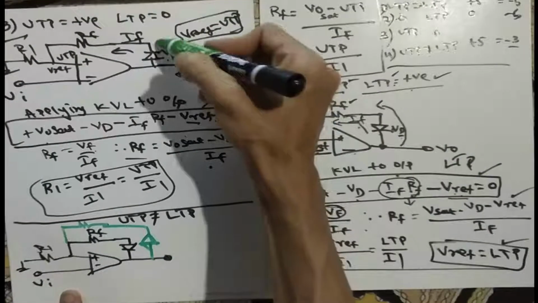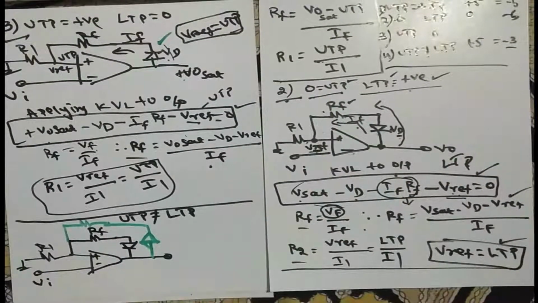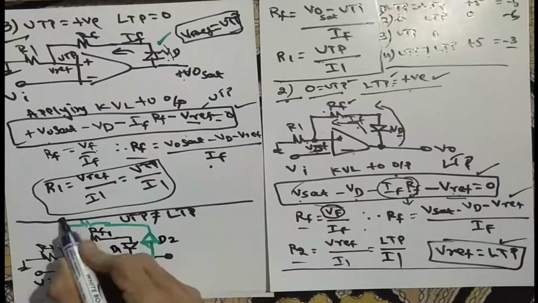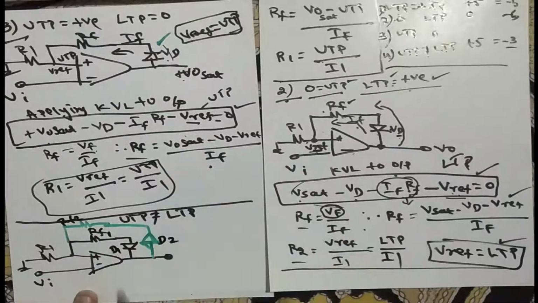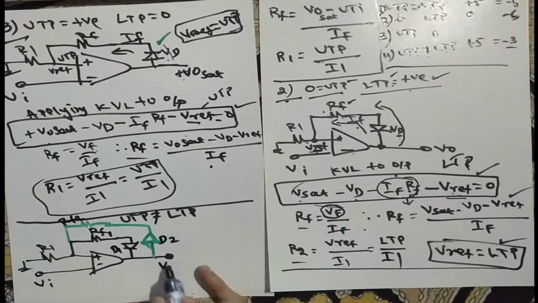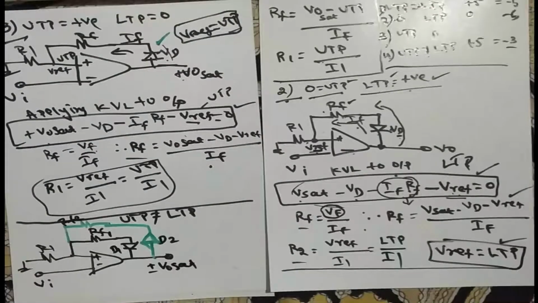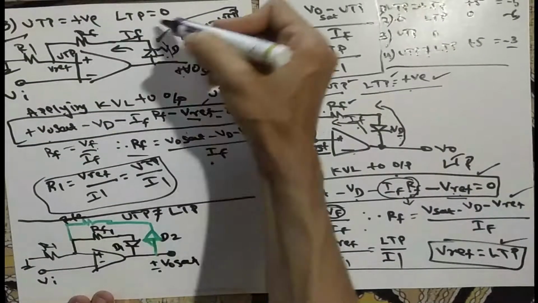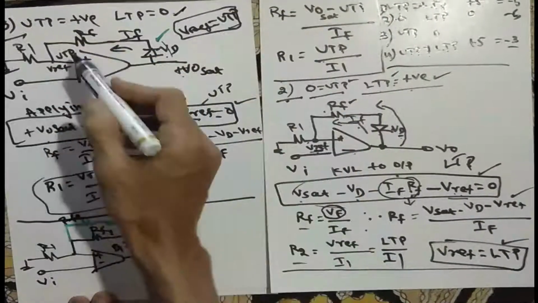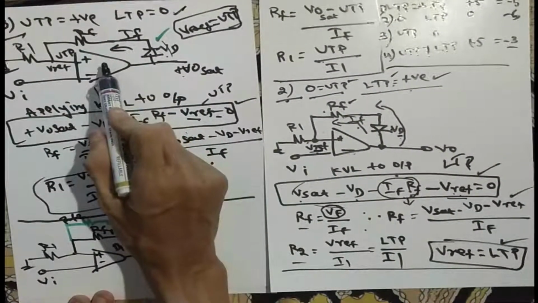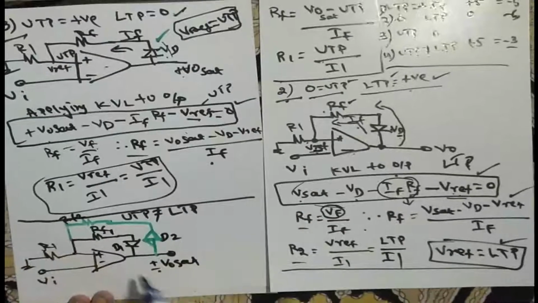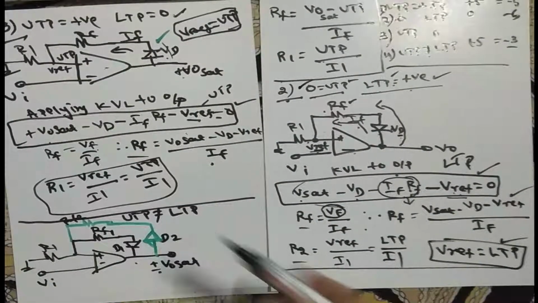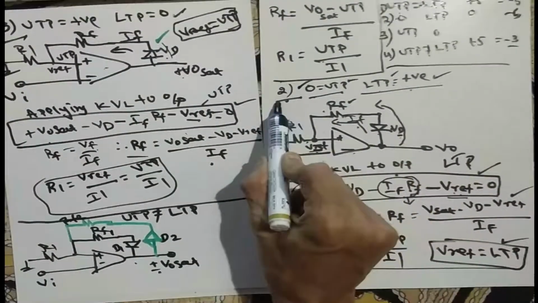Okay, here we are naming different portions. This one I will call RF1, D1. This is D2, RF2. You can give the names vice versa also, RF1, RF2. You can interchange it, not an issue. So here I am getting plus or minus V0 saturation. Both can be moved. When positive V0 saturation, it works as the third circuit we have done, and when it is negative, it works as the second. So UTP is not equal to LTP, and it depends upon these two.